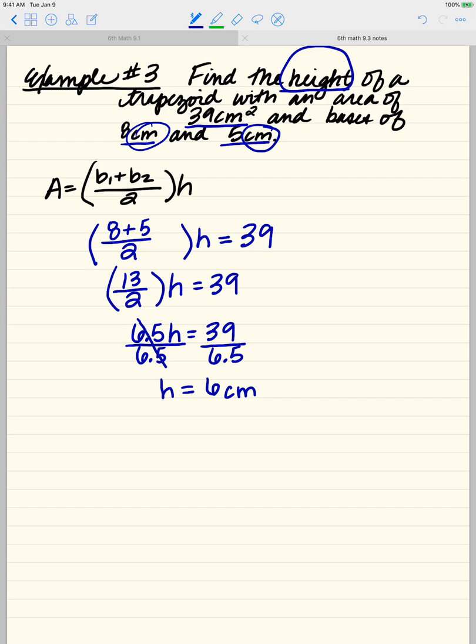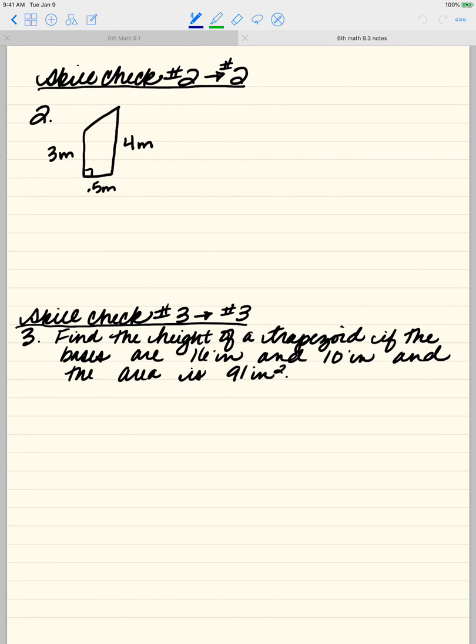That's example number 3. Here I have skill check number 2, box skill check number 2. I'm going to go ahead and do number 2 and number 3 with you in here, okay? So number 2, we have this trapezoid that's kind of flipped on its side, okay? It's okay. Find the pair of parallel sides. Identify those. Those are your bases. Here are our parallel sides, okay? So our bases are 3 and 4, and our height is right here, and it is